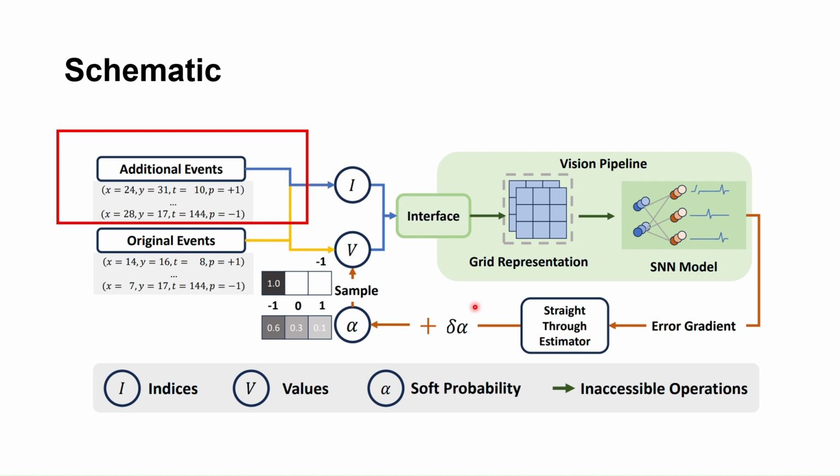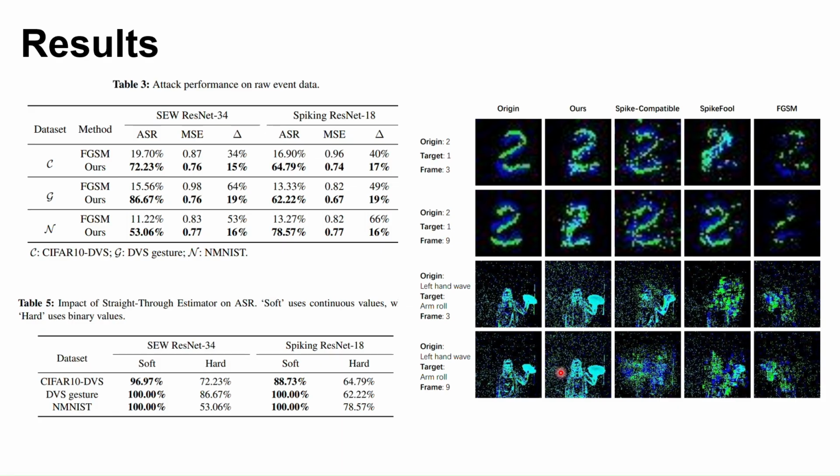Given the challenge of attacking only existing events, we also consider adding new indices in the x, y, and t dimensions. In our experiments, different methods of adding additional coordinate information were explored, and this addition significantly improved the attack success rate. Our empirical results demonstrate that our approach achieves a significantly higher success rate in targeted attacks compared to the conventional methods. Our method not only preserves the sparsity of data, but also enhances attack performance.